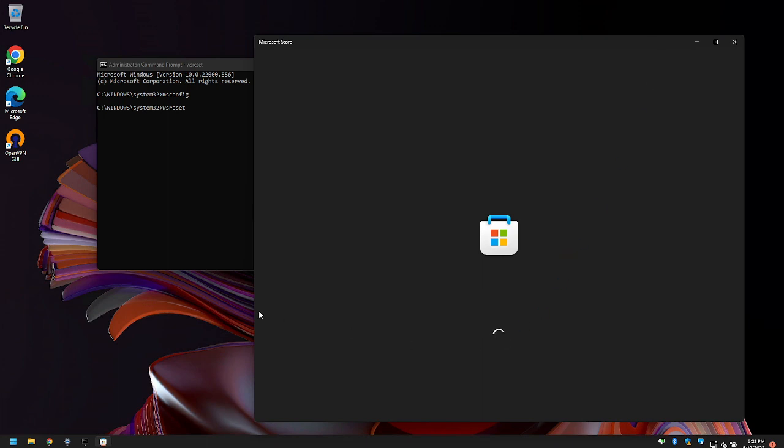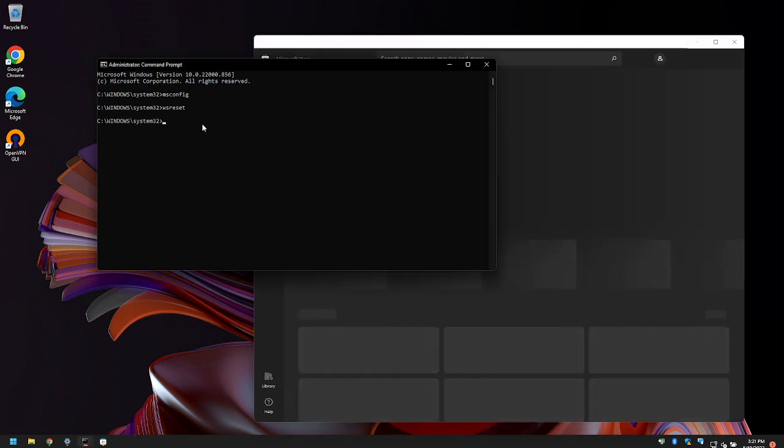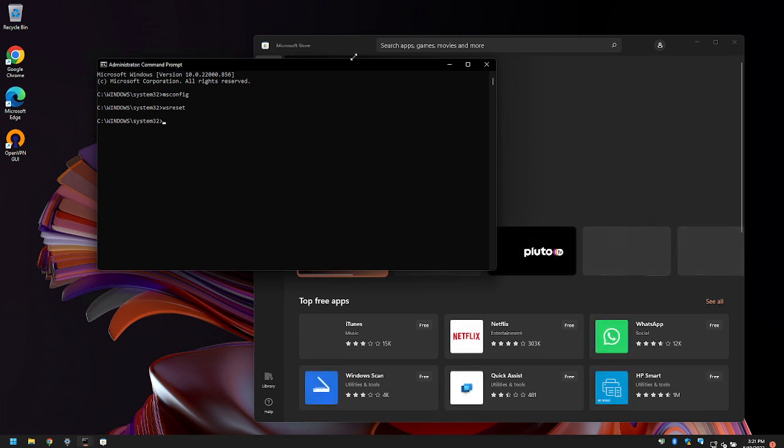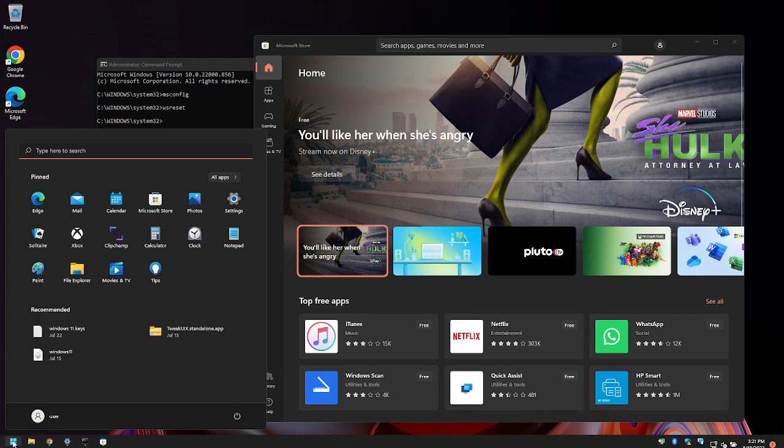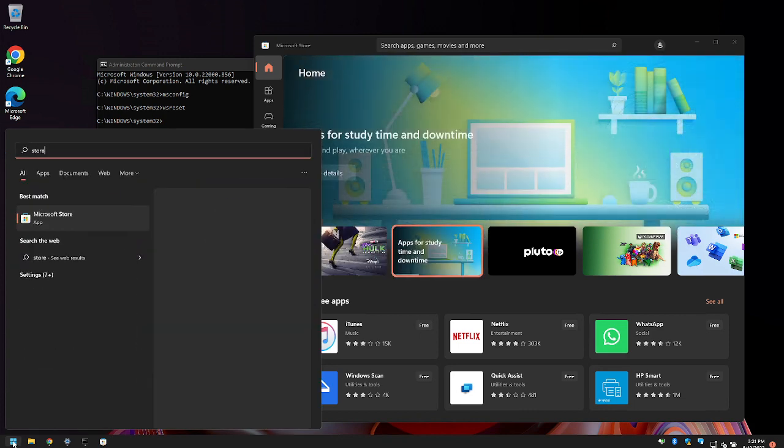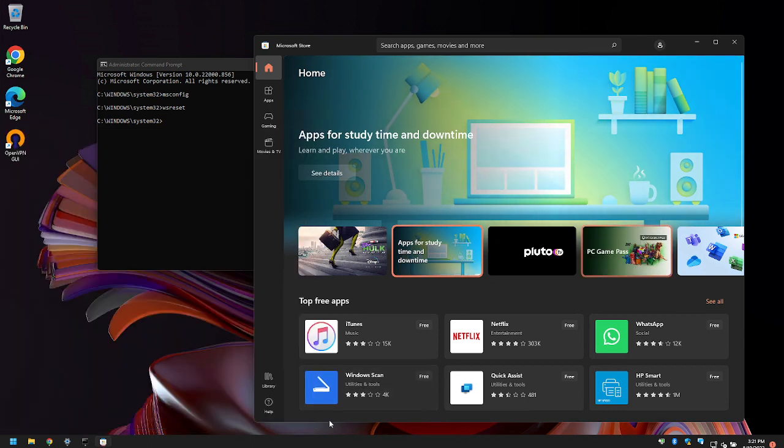All right, so this is finished now, and to open the App Store it's fairly easy. Just click on the start menu and type in store and just click on that and it'll open up your store right here. So in here,